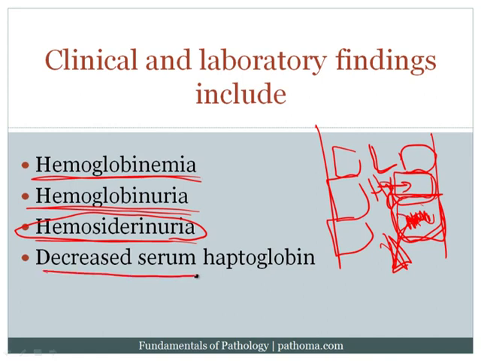Finally, there will be a decreased serum haptoglobin, and that was the very initial change that occurred with intravascular hemolysis. Again, haptoglobin doesn't really save much of the hemoglobin, but it is an important measure because it tells us that there is some degree of intravascular hemolysis going on. We need to have an understanding of the reticulocyte count, intravascular hemolysis, and extravascular hemolysis in order to then subsequently understand the anemias that we want to discuss in the